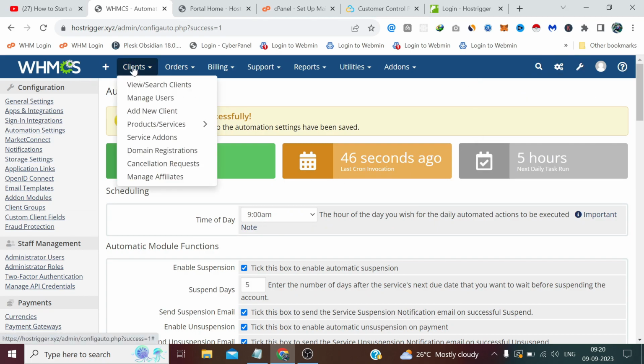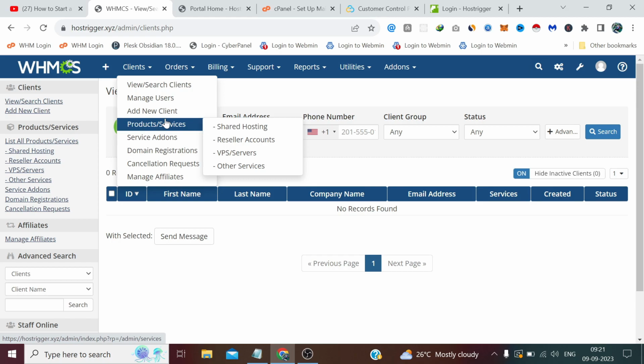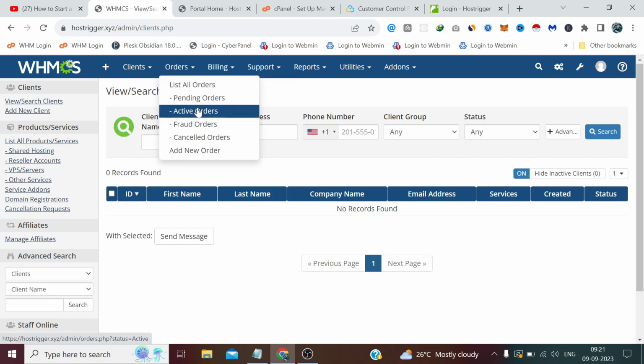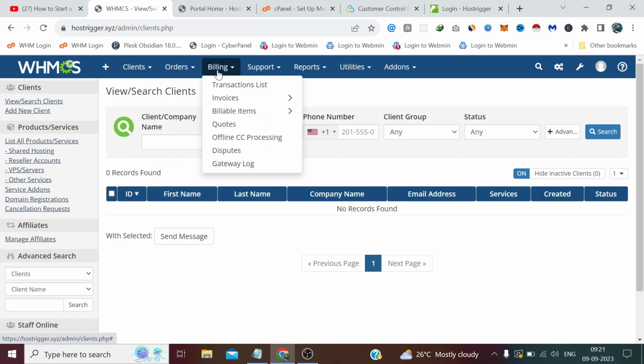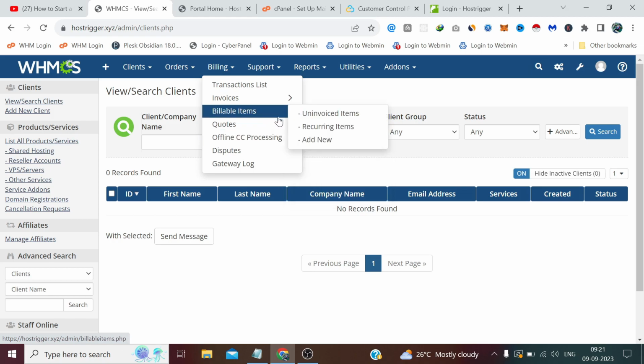Now here you can manage your clients, you can see your clients, you can add a new client, add a new product or service to that client, and domain registration, cancellation requests, affiliates, orders. You can see pending orders, active orders, and you can also add new orders from here. Billing, you can see the invoices which are paid, unpaid, overdue. Similarly, billing items,